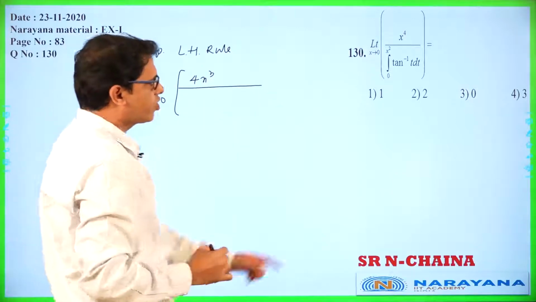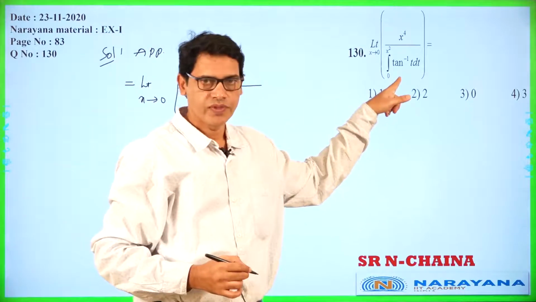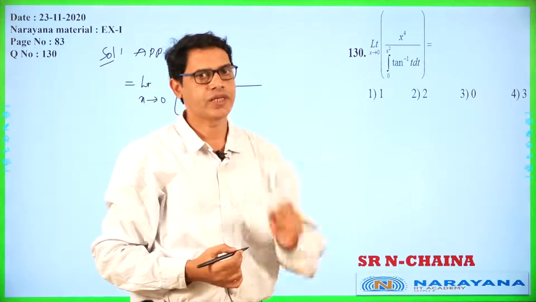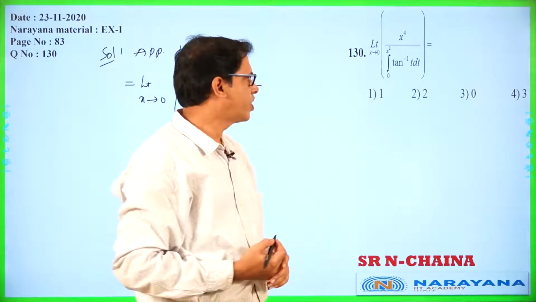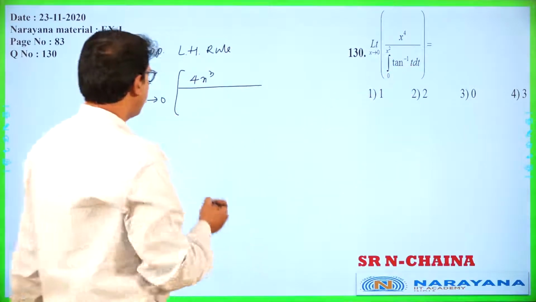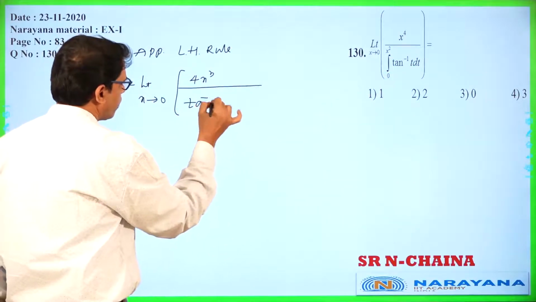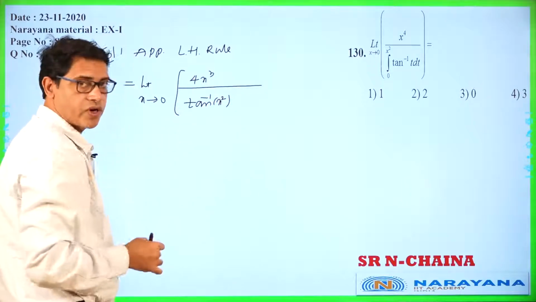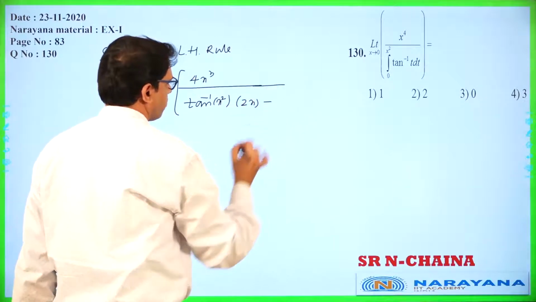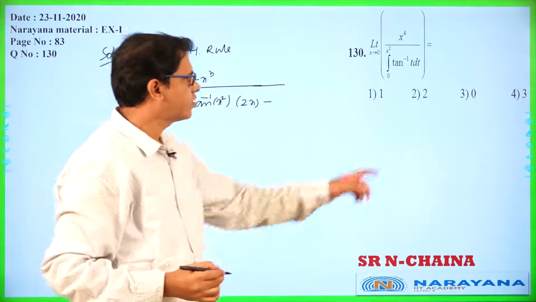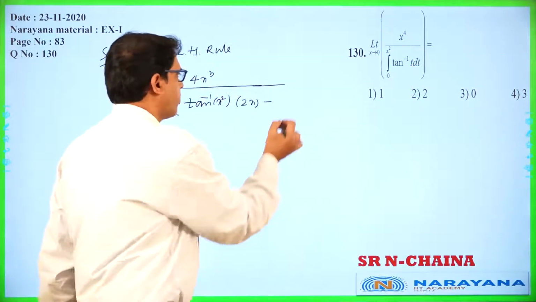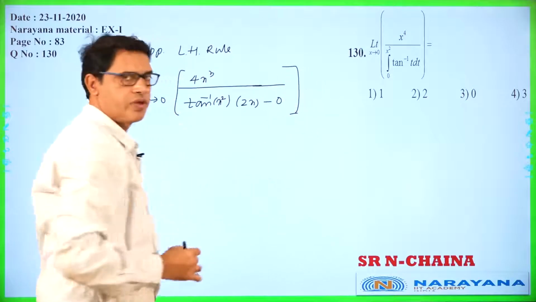Now derivation of denominator is nothing but Leibniz rule. So applying Leibniz rule for the denominator. What I said? First, in the place of t, write x square. So tan inverse of x square. Then derivation of upper limit. Derivation of x square is 2x. Minus, derivation of 0 will be 0, minus 0. So this is the Leibniz rule.